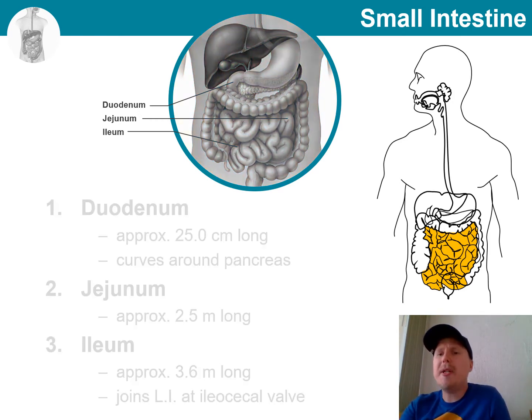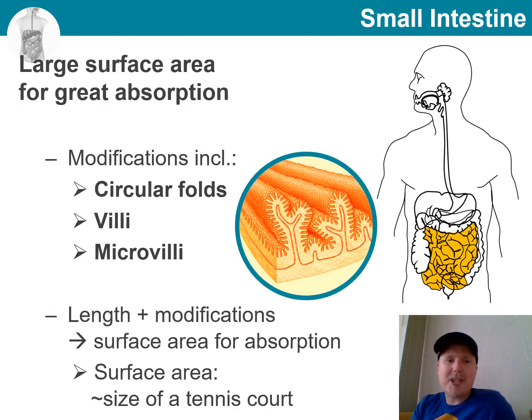One thing that we notice with the small intestine is that these structures are especially well adapted to nutrient absorption. And this is by having a very large surface area. In fact, it is approximately 200 square meters, which equals the size of a tennis court. This is possible because of adaptations such as having a lot of folds, villi, and small villi known as microvilli. And of course, the large length of the small intestine too.